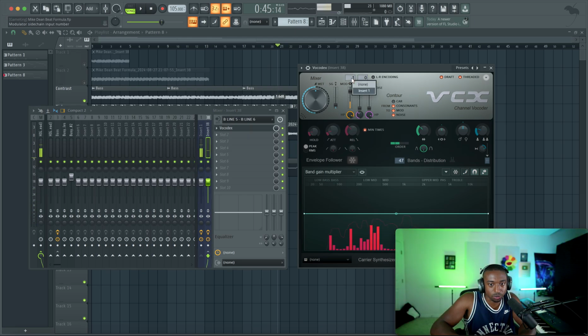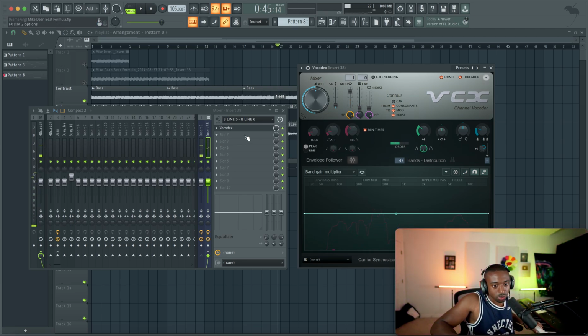Okay, so now it knows my voice is this. So we're going to right click, select your mic as the input, and the synth is going to be the direct input. Check, check, check. So now it's taking this synth sound and turning it into a vocoder. Now I just have to come up with a little riff and then talk into my mic.